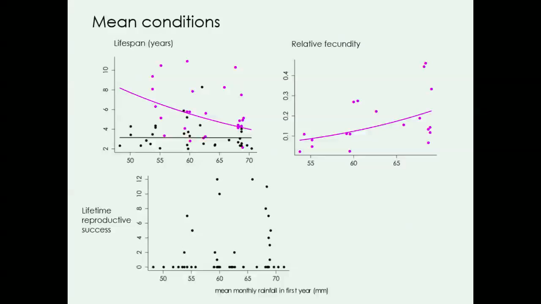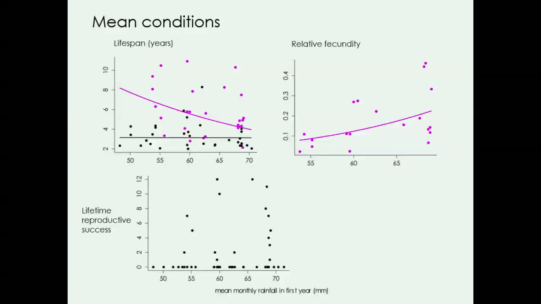And the final plot down here is much simpler. It's simply the number of individuals, so lifetime reproductive success. And what we find is that mean conditions seem to have quite a classic life history trade-off. So the difference between the pink and the black here is that the pink individuals are those who actually successfully bred during their lifespan. So these are the only ones who go forward to the second plot. And in those individuals that did breed,